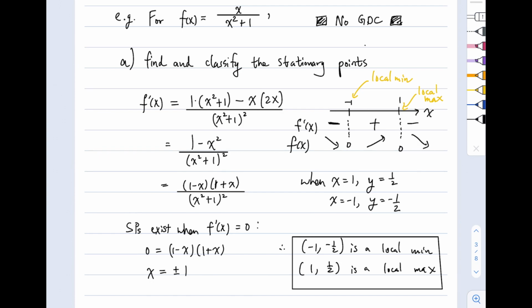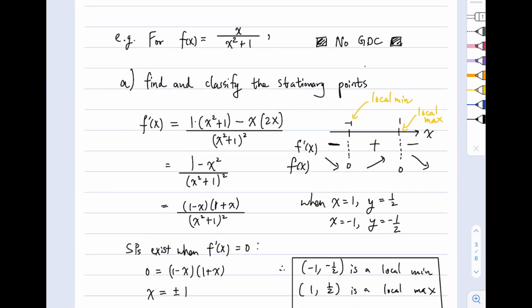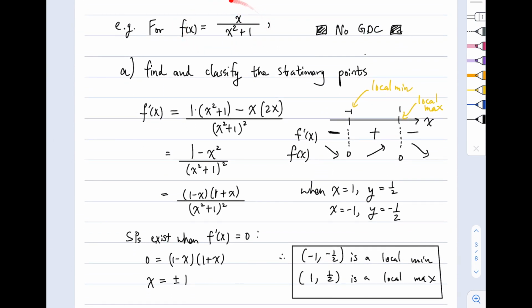Part B is going to ask us to sketch this function. Before we sketch this function, I want to leverage symmetry. Remember, one of the sketching tips I gave you earlier was to consider any symmetry that the function has. So here, if you take a look at this function, it may not jump out to you right away, but